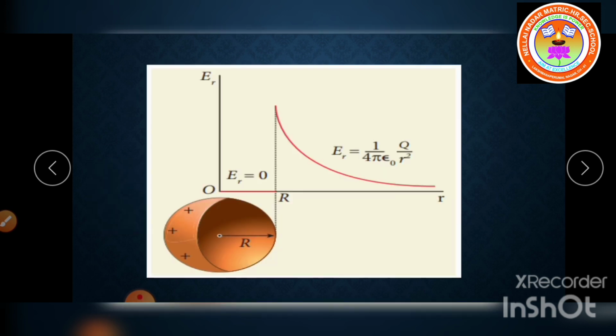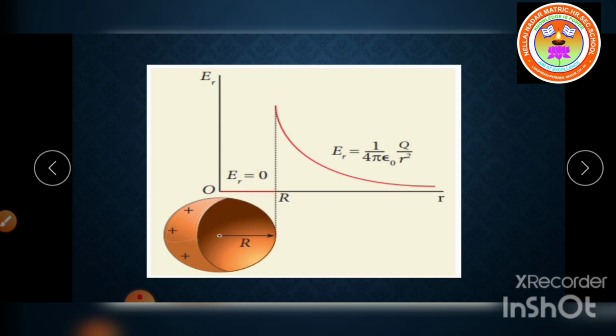Now based upon these 3 cases, we can draw the diagram. We are going to plot the graph now. Let us consider the spherical shell. From the center point to the end point, we take the radius as capital R. Now with respect to the center, we are going to draw the electric field, and with respect to the x-axis, we consider the distance r. You all know that inside the spherical shell, the electric field is equal to 0.